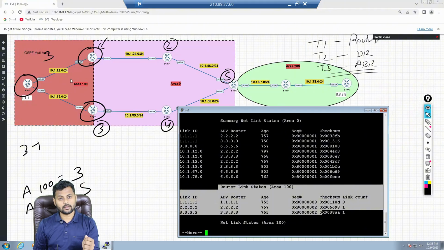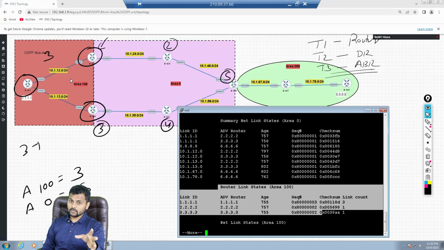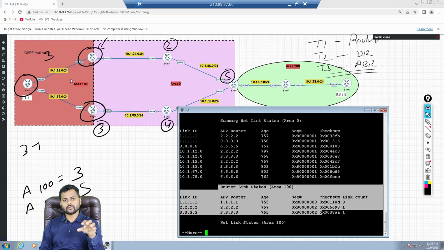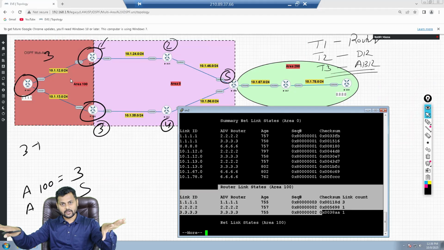Remember one thing. A router LSA is generated by the router. For every area, they will generate an individual router LSA. So understand this logic. This is my router number 1. This router 1 has connectivity with this interface in area 0, and this interface in area number 1. So in that case, this router is going to generate one router LSA for area 0, and another router LSA for area number 1, and both are separate.